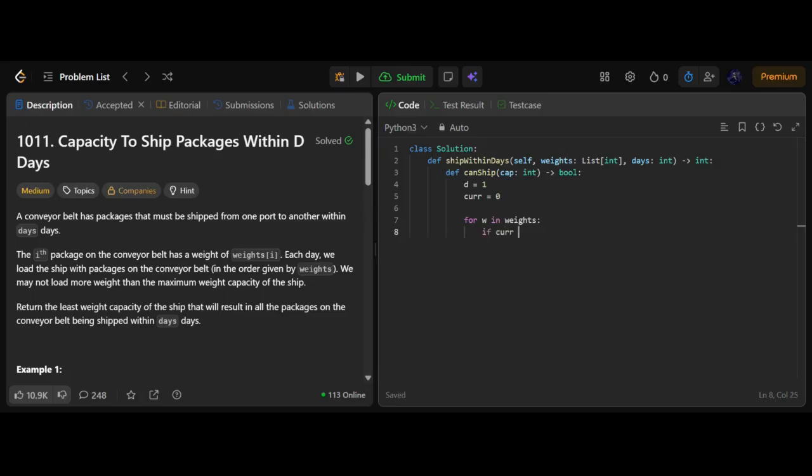if current plus weight is greater than the cap, in this case we can increment our days by 1, and this is because we won't be able to put all the weights on a single ship. We now need to have another ship. So we can imagine days as ships, but basically it's going to take another day now, another ship, and we're going to reset our current to 0, else we shall just increment our current value by weight,